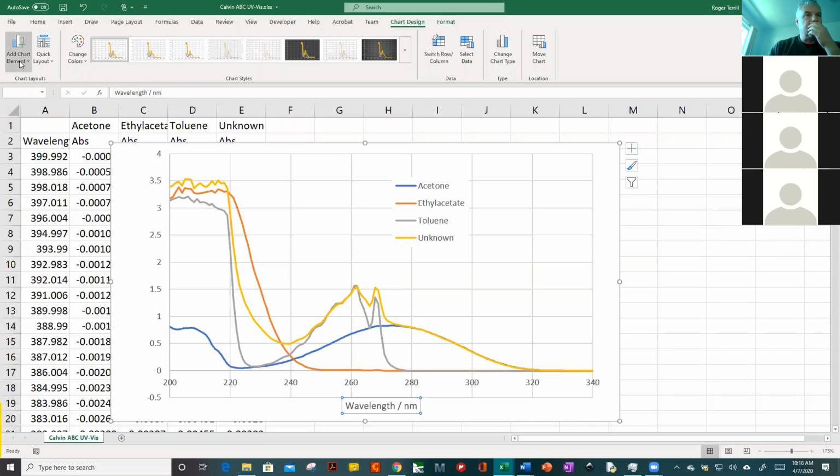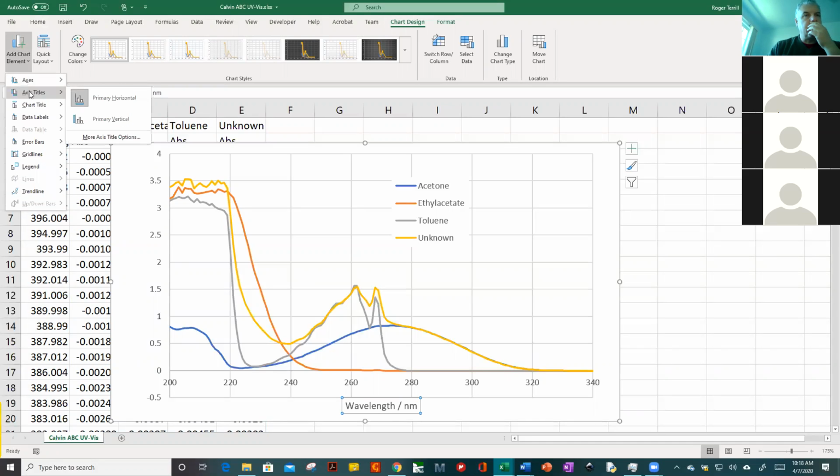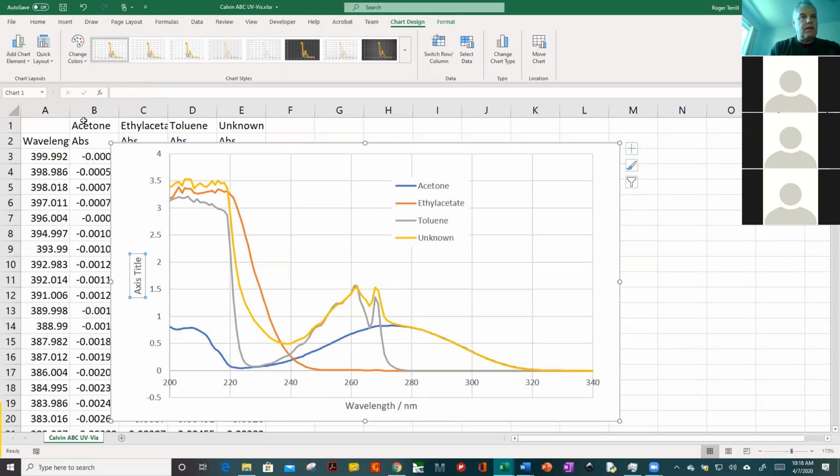In nanometers. And this is the unit of absorbance, right? And we can see here that below 220 nanometers,